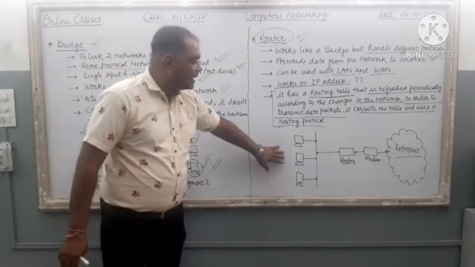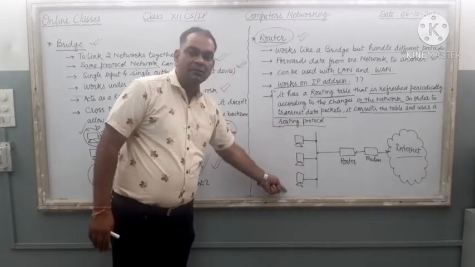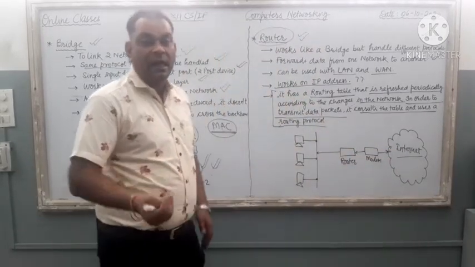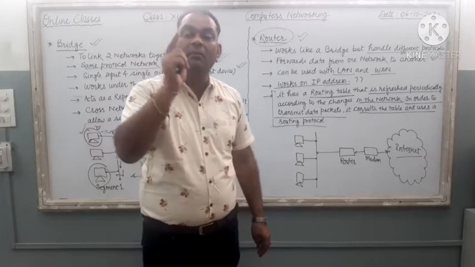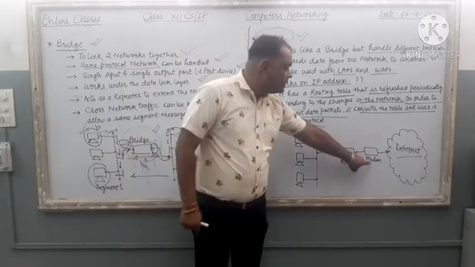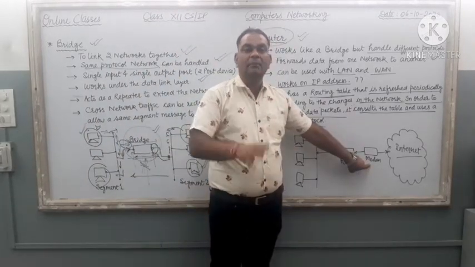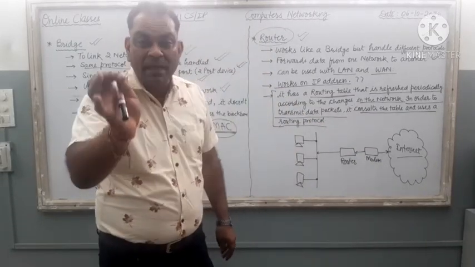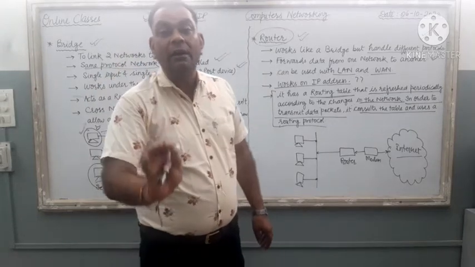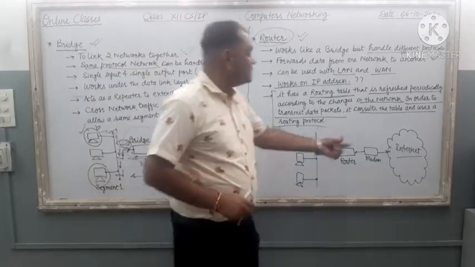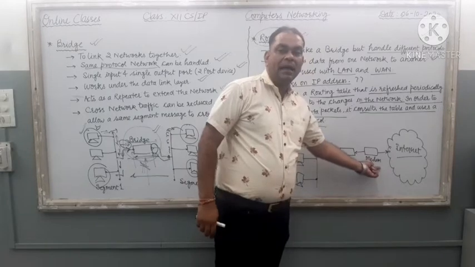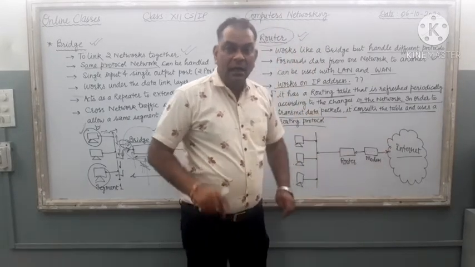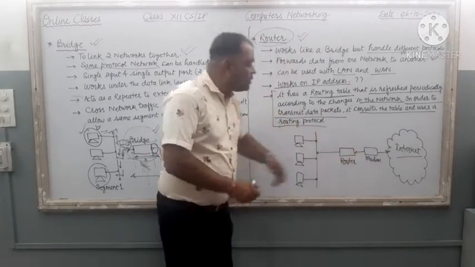Now just see the diagram. Here it is my local area network. It is internet. If I want to connect my LAN with the internet, very first I have to purchase a modem. Modem is required. Modulator, demodulator, it is the necessary requirement to connect your PC or your network with internet. So very first I should purchase a modem from the market. With the help of modem I can access internet facility. Now I just connect the router with this modem.